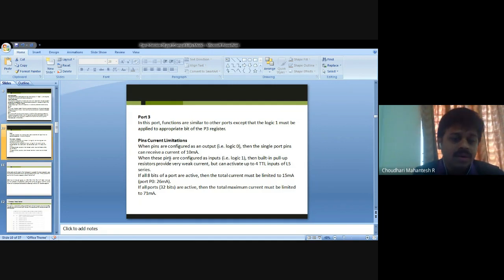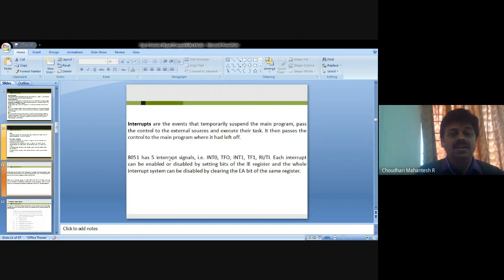Port P0 is almost 24 milliamps. If all other 32 bits are active, then the total maximum current must be limited to 71 milliamps, almost all ports with 71 milliamps. Specifically for P0, the current must be limited to 26 milliamps in the basic controller.